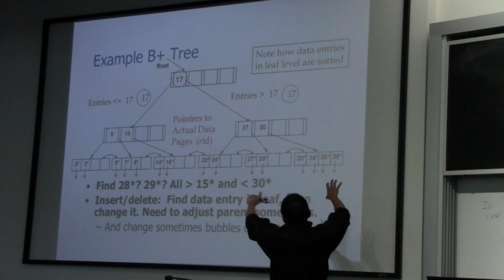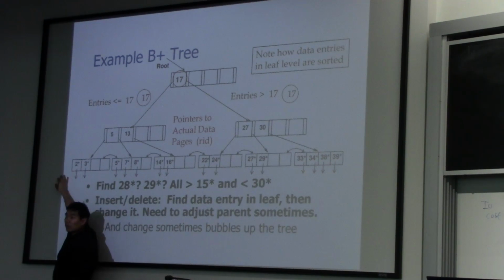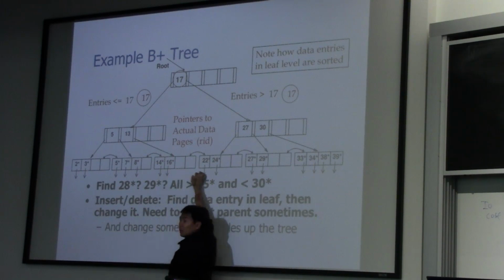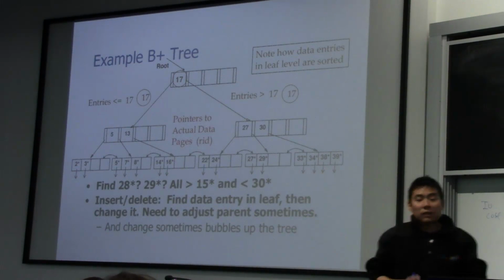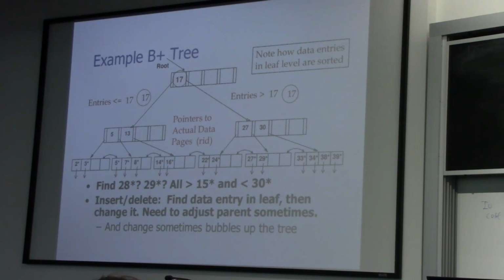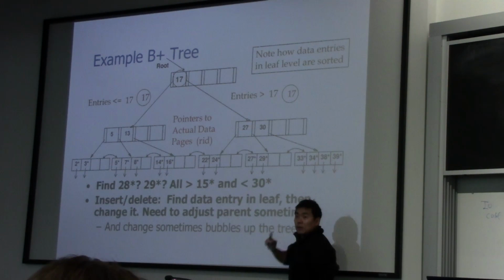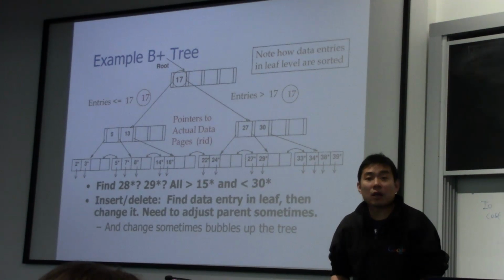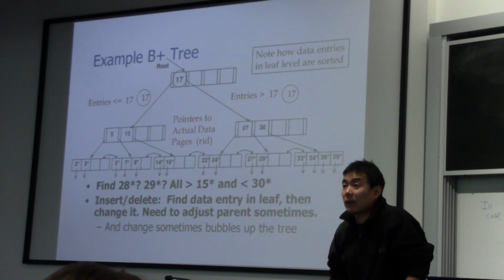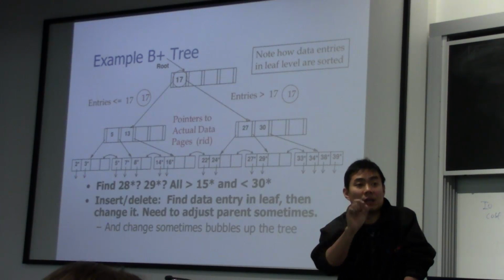And the only minor difference I need to clarify is at the bottom, this is what we call the leaf level. These are the leaf level pages. At the leaf level, you store this entry and pointers, but those pointers are no longer pointing to a page. These pointers point to data records. So those are RIDs, record IDs, rather than page IDs. So it tells you not only the page, but also the offset of that record on that page.